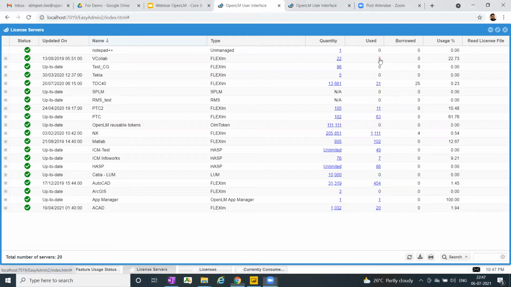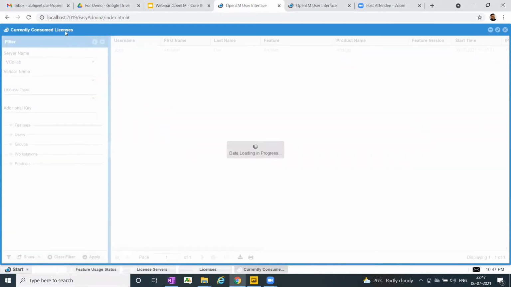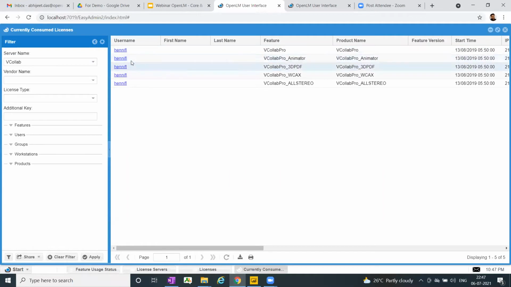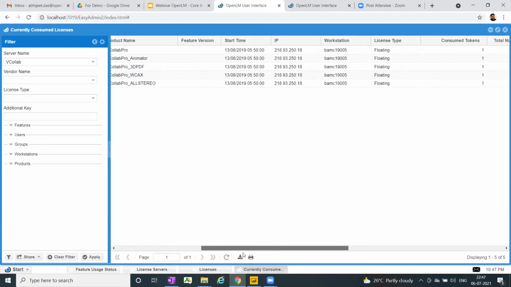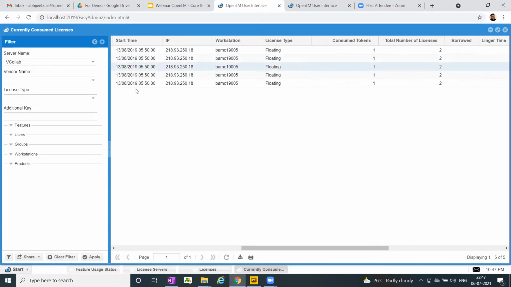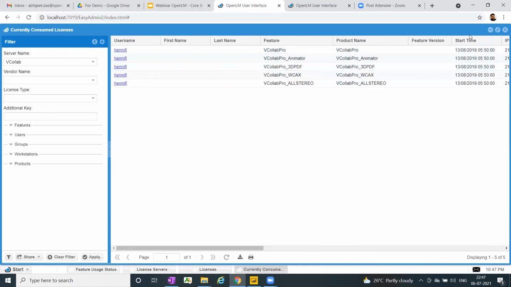So I can click on this number and this will open up the currently consumed license window along with the list of the usernames, the features of the application which are in use, what time the session was started, the IP address from where the license is being pulled, the workstation host name, and all those details, and whether the license is getting idle or not. Those different details we get to see here.